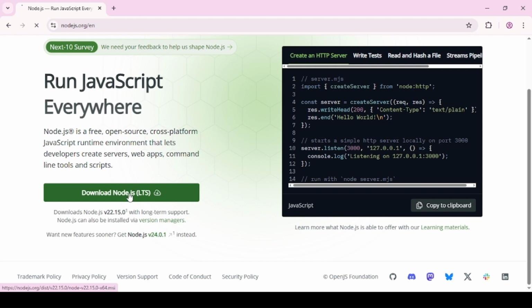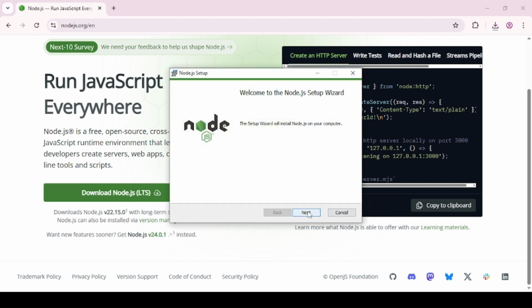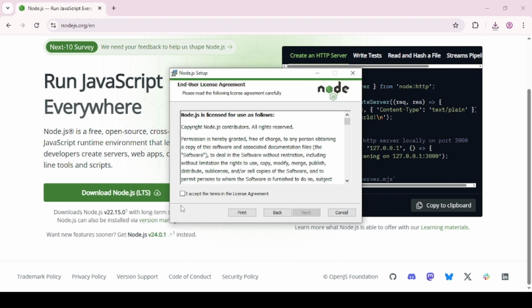You need to click on this button, and after it has started installing, you will have your setup. You need to open this setup and click on next and accept the license agreement.